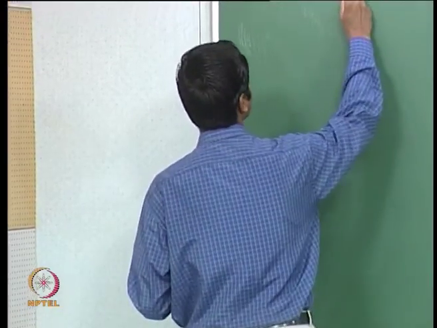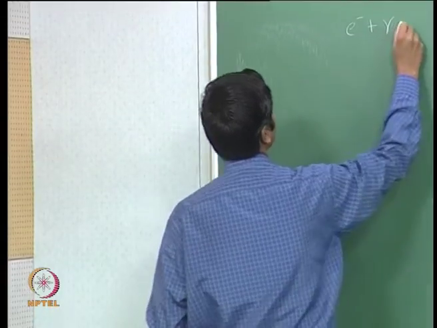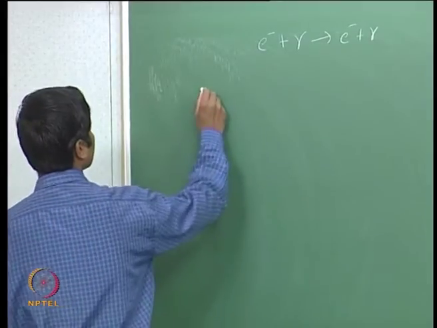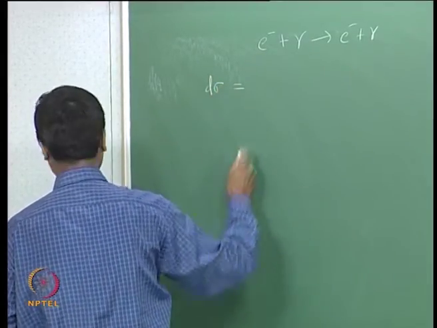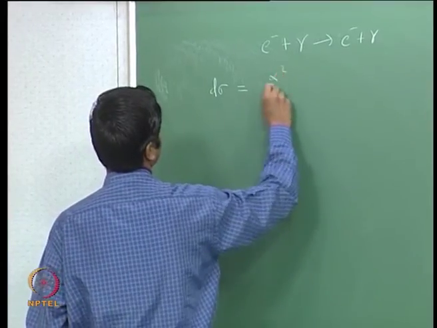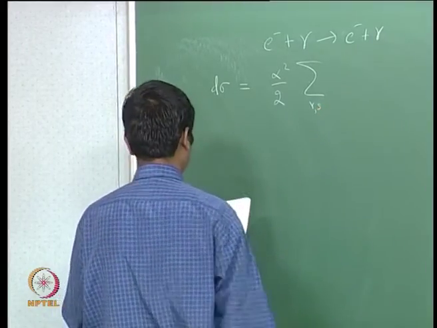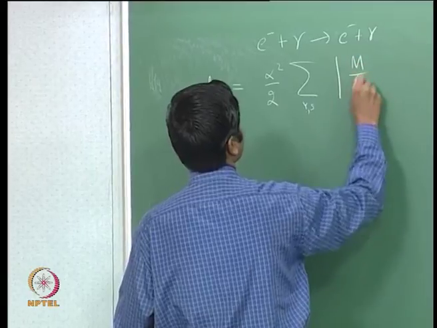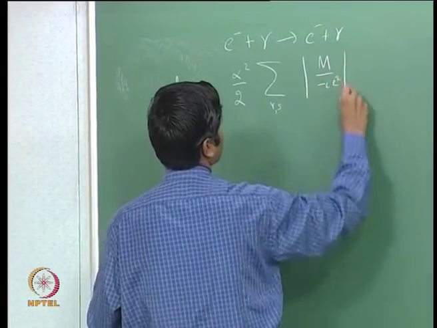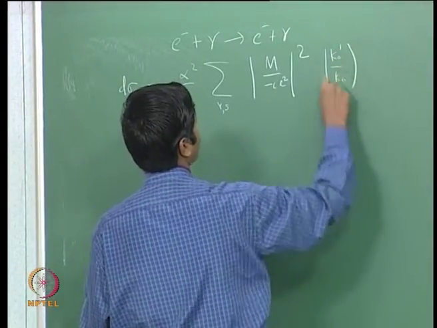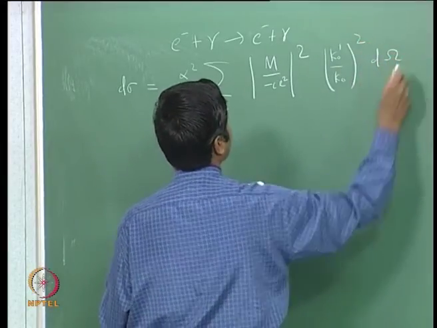Okay, so let me summarize our discussion so far. We have been computing the cross section for Compton scattering, e⁻ + γ going to e⁻ + γ, and we have seen that the differential scattering cross section dσ is given by α² over 2 sum over r, s of |M/(−ie²)|² times (k₀′/k₀)² dΩ,